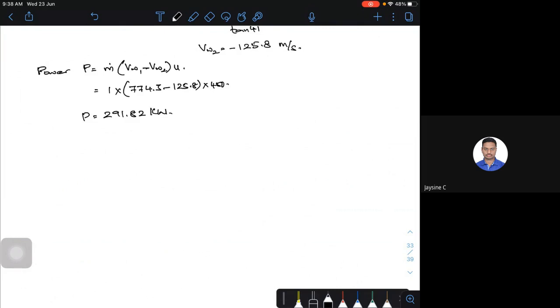The same thing I want you people to find using the graphical method. Try to solve the same problem using the graphical method. Then you will understand, see, the